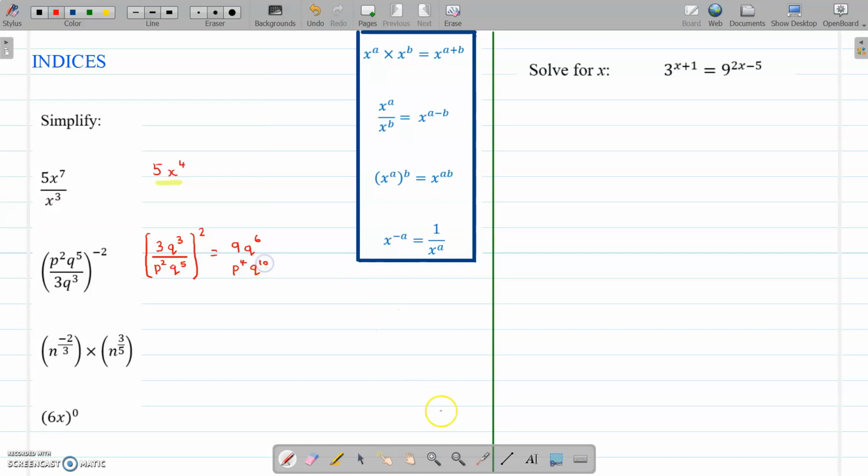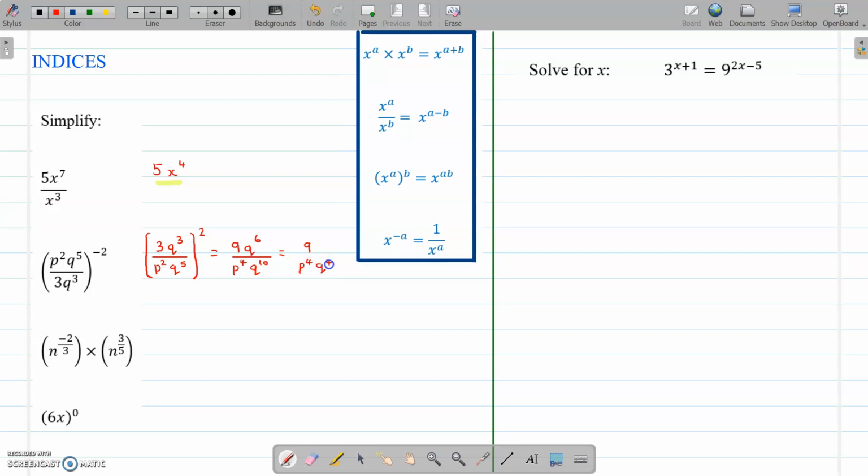Now, there's two things you could do now. The first thing is to look at the q to the 6 and the q to the 10, and that will leave you with q to the 4 on the bottom and q to the 0 on the top, which is just 1. So the next step from that is that equals 9 over p to the 4 q to the 4. Okay,